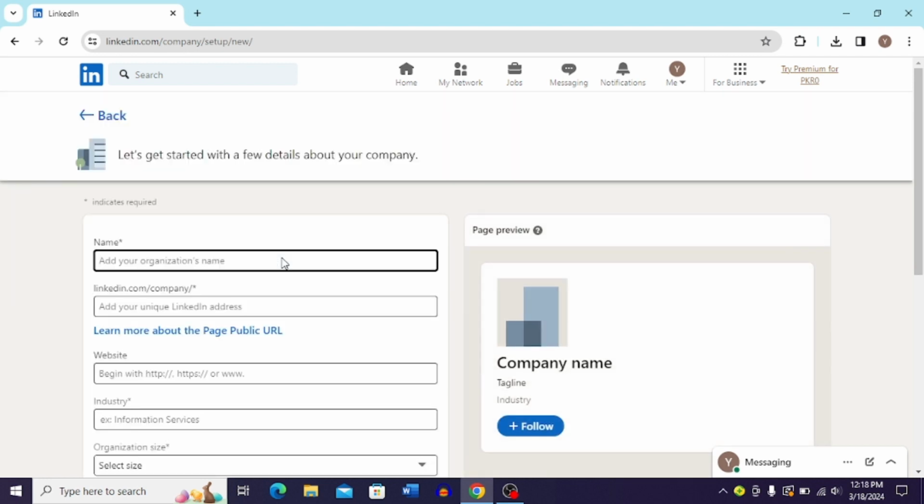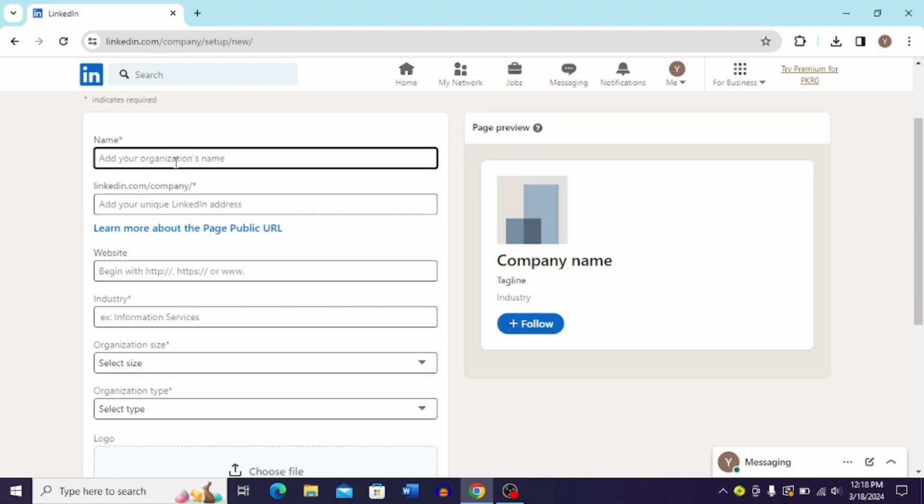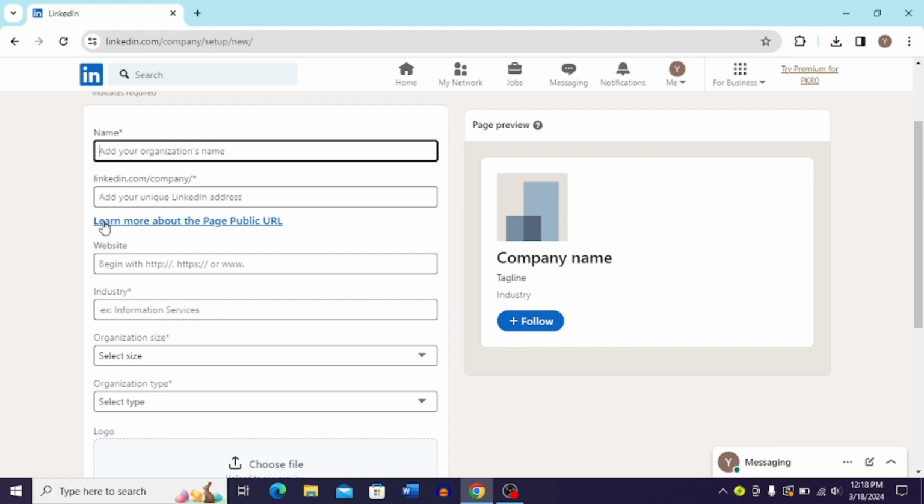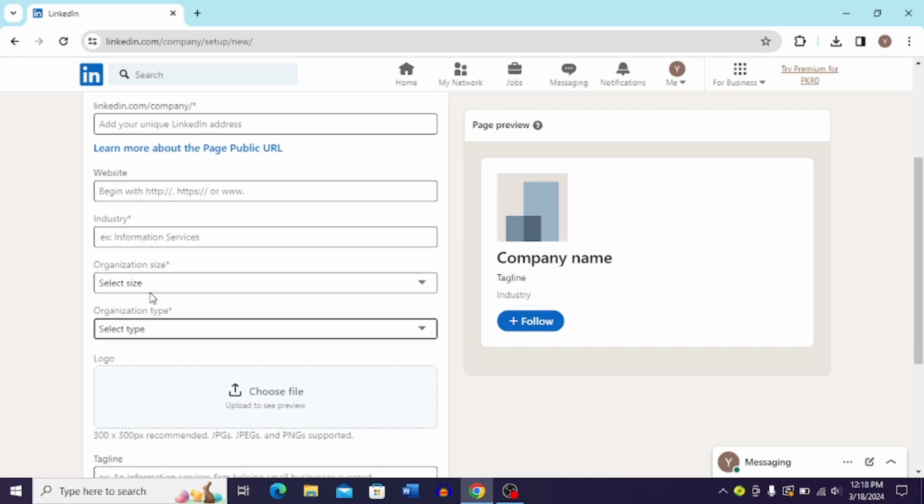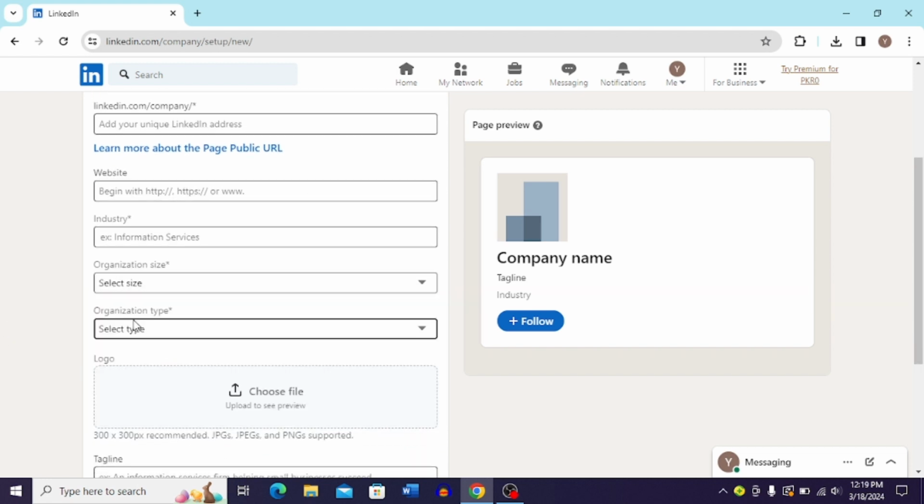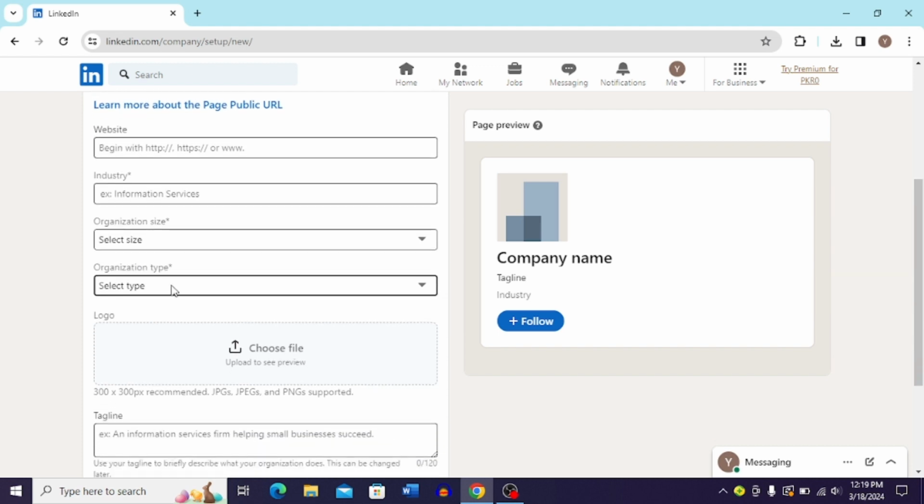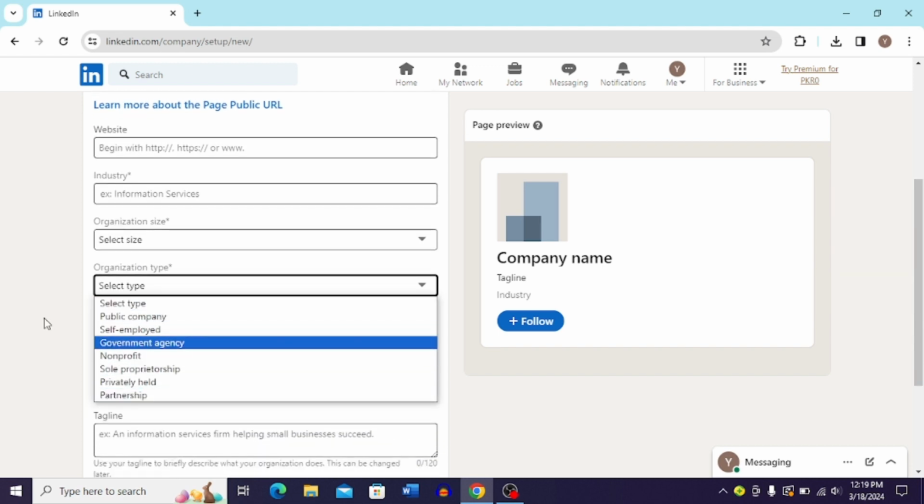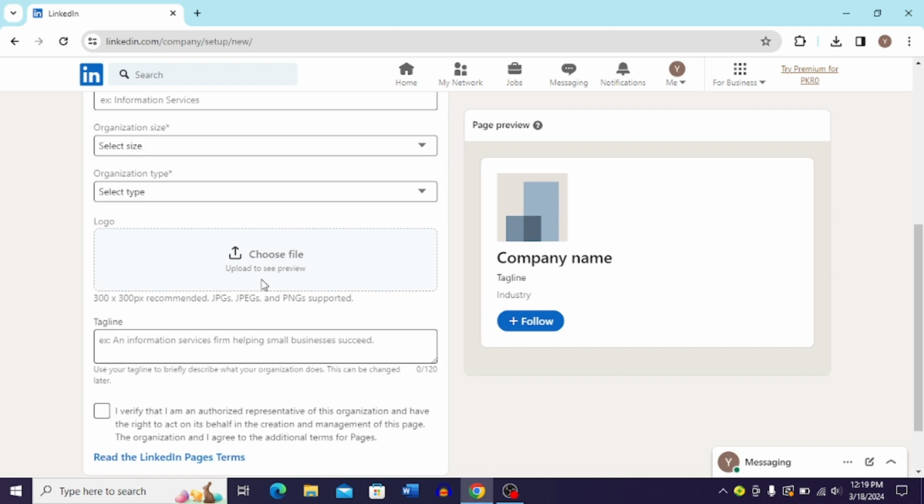Once you click this company page, you have to enter the name of your organization, your linkedin.com or company's LinkedIn address, and then add your page public URL, and then the website, the industry, and then organization size. Over here you can choose any, and then you can go to the organization type and choose any type over here, and then go to the logo, and here you can just choose to upload a file from your PC